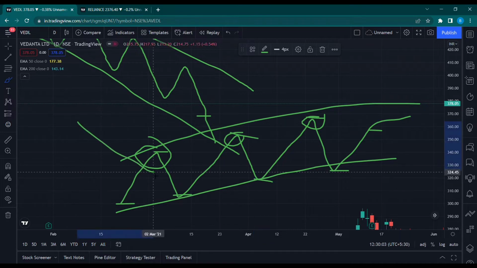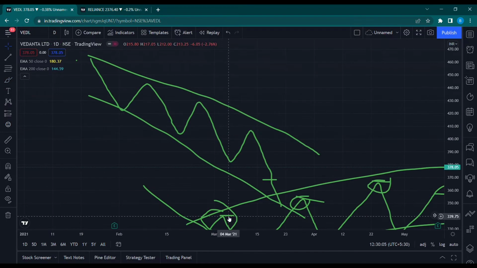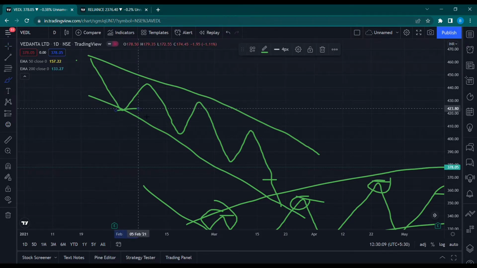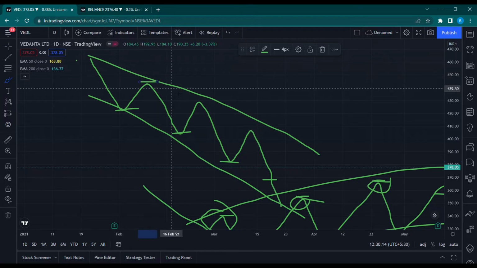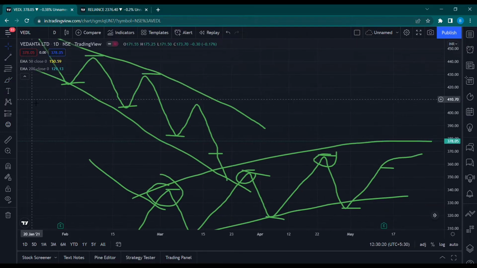Similarly, in the case of a downtrend, you have lower highs and lower lows. Each time a low is created, it is lower than the previous low, and the high also is lower than the previous high. So lower highs and lower lows is the case of a downtrend. I hope you are clear about what uptrend and downtrend are. This is really important. Why is it important? Because